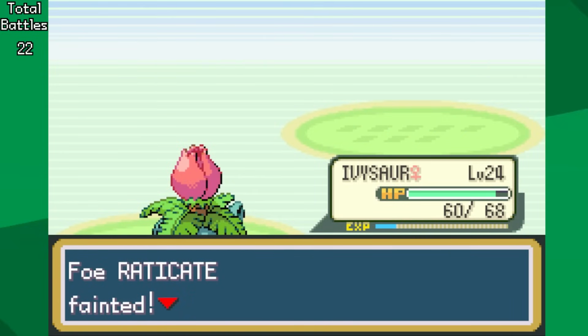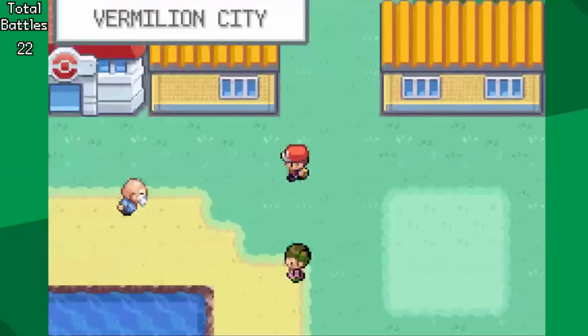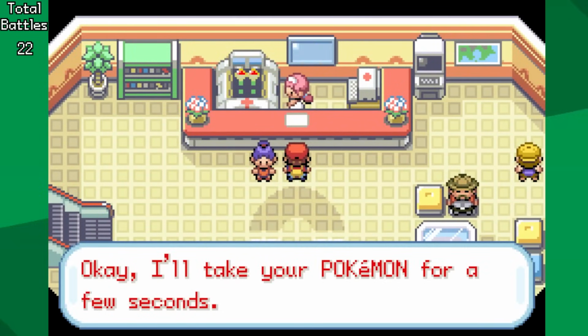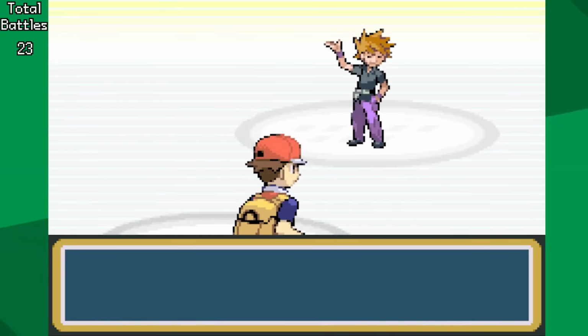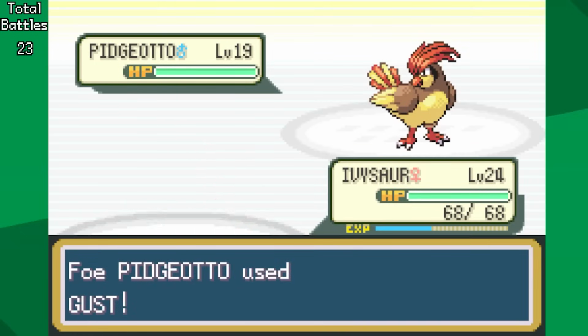Since this is a minimum battles challenge, fewer battles is good. But after this, the 22nd battle, we then have to battle Rival 3, who is a little bit more difficult than Rival 2, and is going to be our 23rd battle. Alright, so like Rival 2, we have a Pidgeotto leading off, but unlike in that battle, we miss Sleep Powder